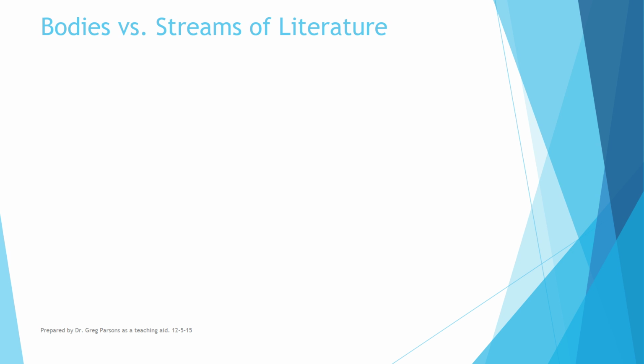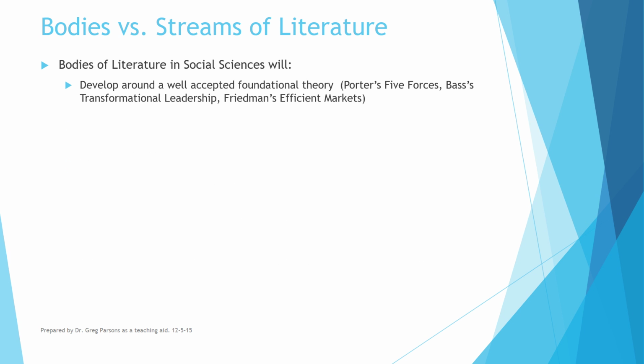To get started, first we need to distinguish between bodies of literature and streams of literature. Many times they're used somewhat interchangeably, but I think to understand what we're trying to do here, we need to think about bodies of literature as being a huge conglomeration of articles that have evolved over a period of time, especially in the social sciences such as business or psychology or sociology or anthropology or political science, anything having to do with human beings. Bodies of literature will come from a wide variety of areas, usually based upon some foundational